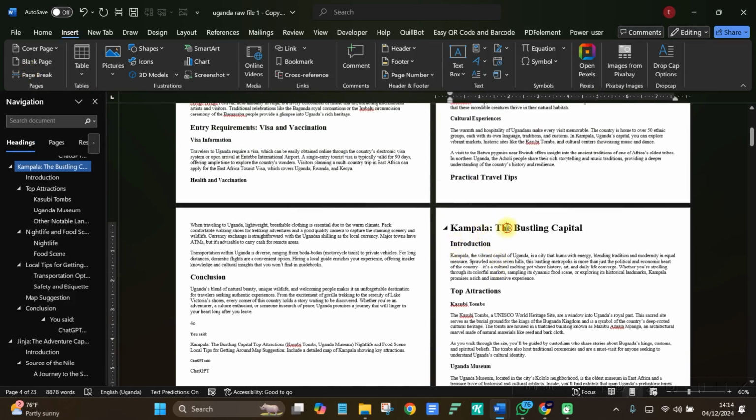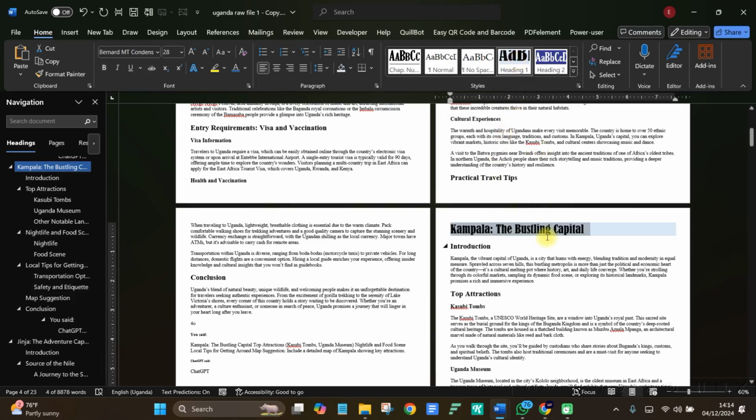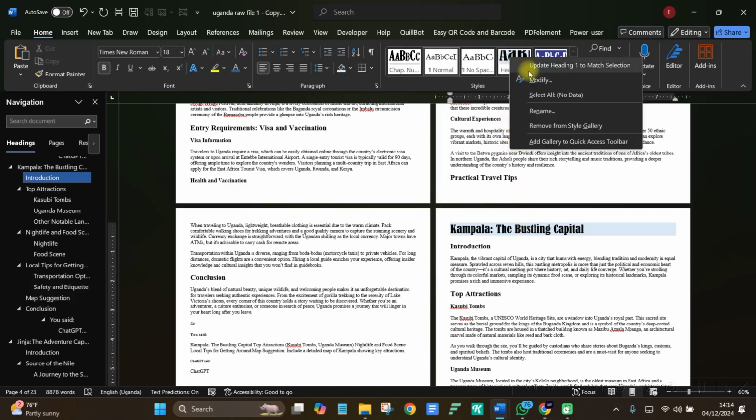Now from here, I'm going to click on it and apply heading 1 to this. So click here, apply heading 1. You can see that now it has heading 1. But as you can see, the heading 1 is in small letters, yet I want it to be in capital letters. So to change that, you go to heading 1 here, click here, then click on